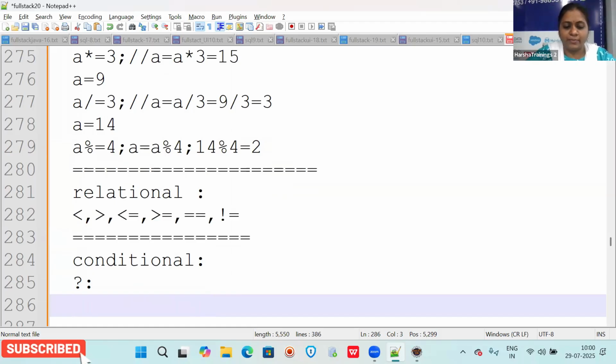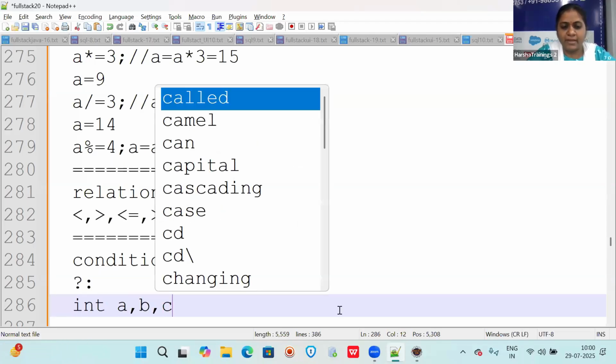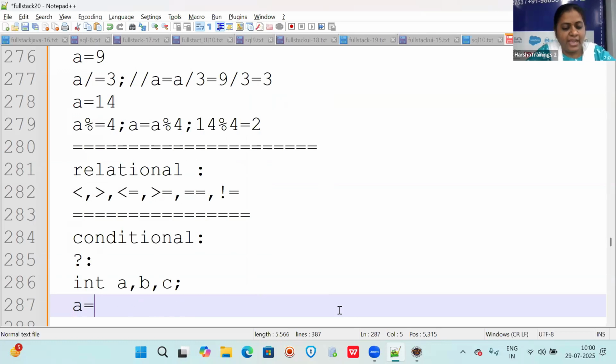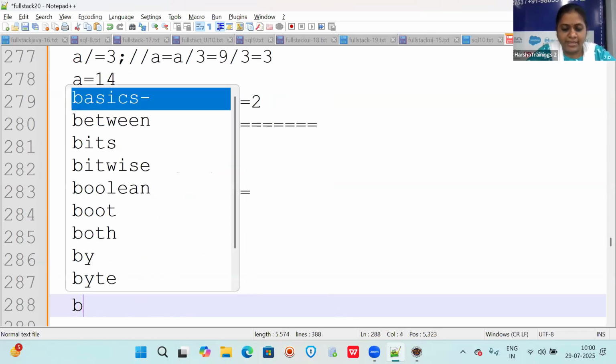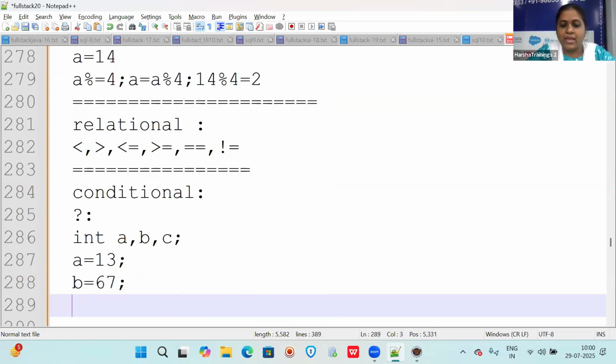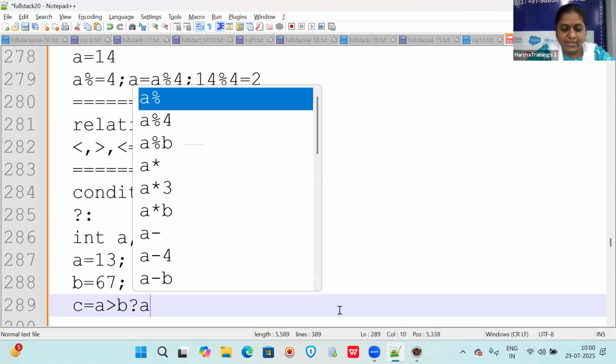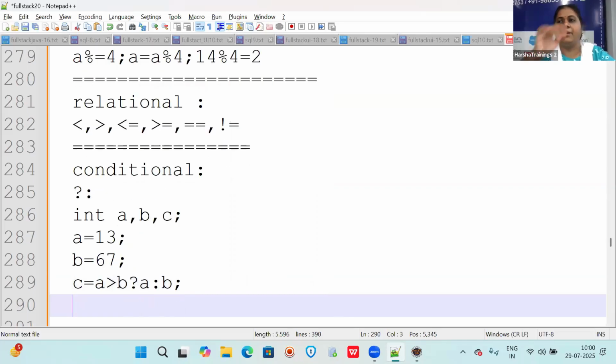So how it will work: let us say int a, b, c. For a you assign some value, for b you assign some value. And you write c is equal to a greater than b question mark a colon b.